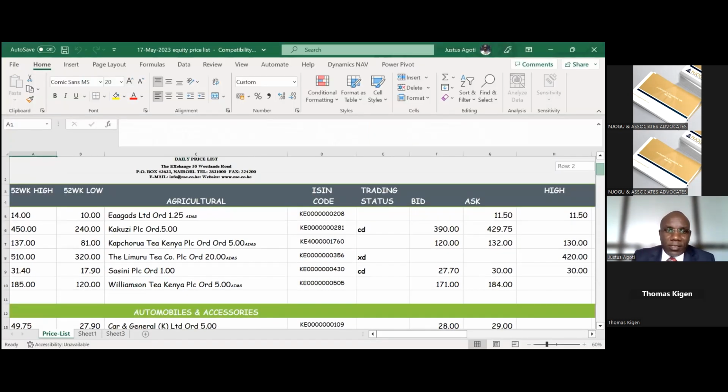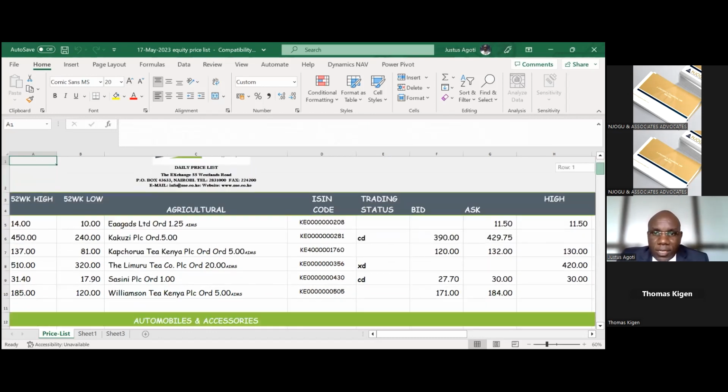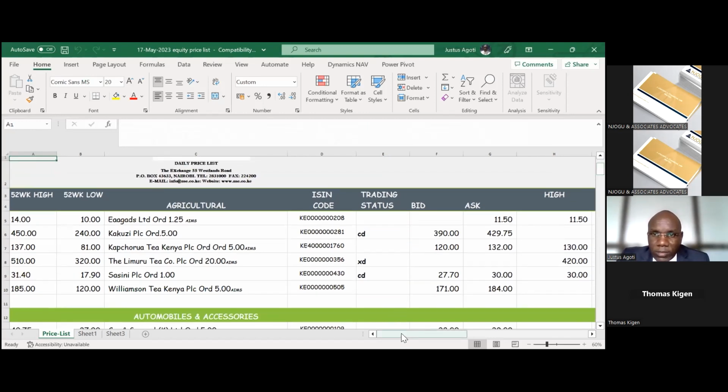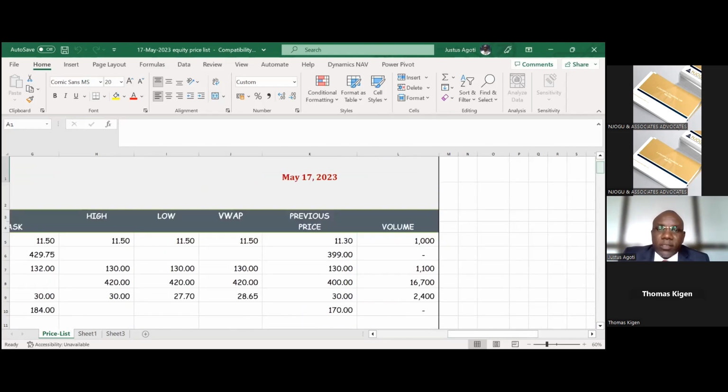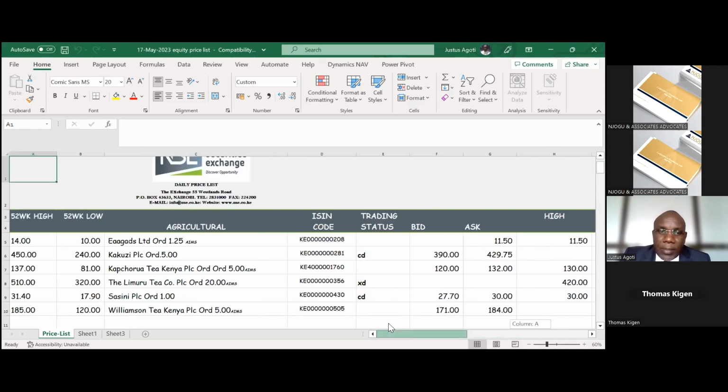So this is a typical price list from the Nairobi Securities Exchange, and this was the price list as of the date right here, as you can see. It is as of 17th May 2023. And these are the companies that are now trading on the secondary market within the Nairobi Securities Exchange. You can see we have a number of them. We have Eaagads, we have Kakuzi, we have Kapchorua, Limuru Tea,